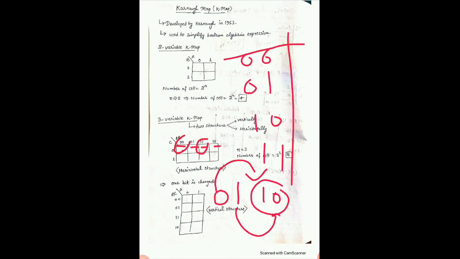This is explained by Karnaugh, that if we are going from one cell to another cell we have to change only one bit. That's why we place 1 1 before 1 0. You have to remember this point, why we put 1 1 before 1 0. So you have to write this as 0 0, 0 1, 1 1 and 1 0. And here C is a single variable, so there are only two possibilities, 0 and 1.